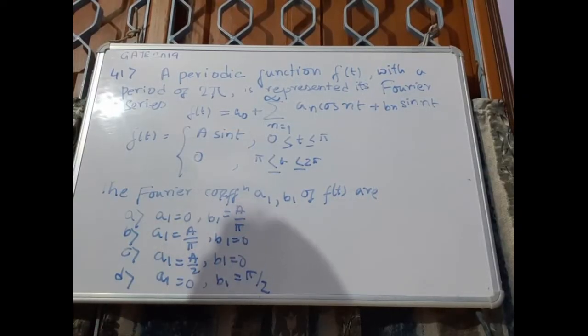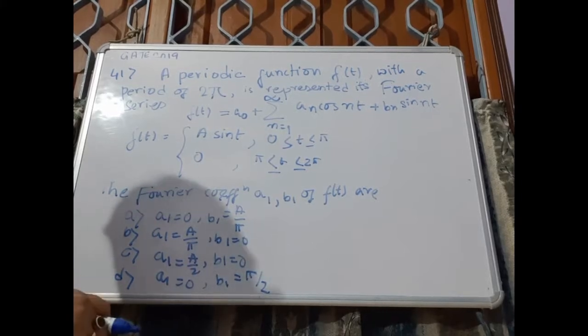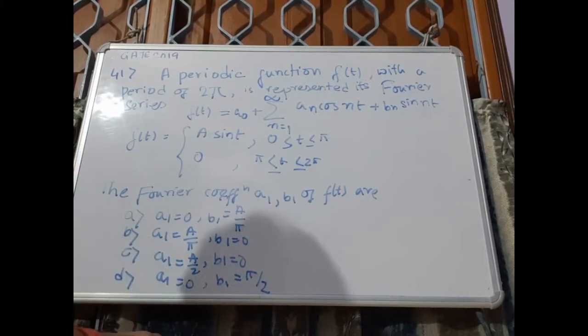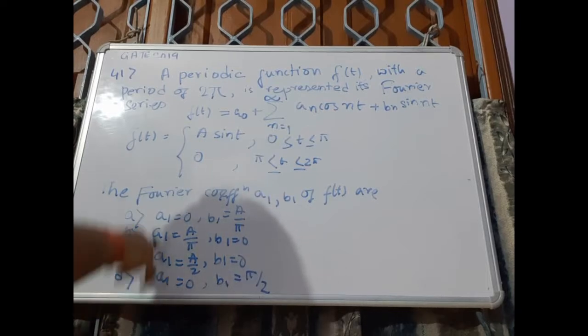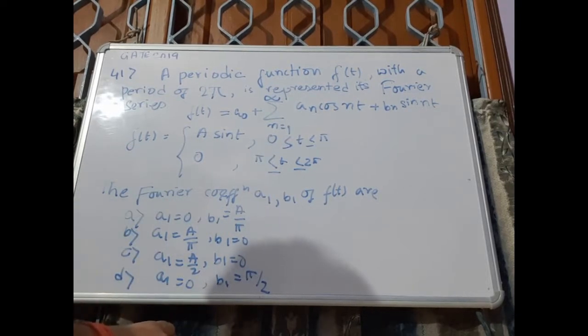Okay, and this is problem number 41 for GATE 2019. A periodic function f(t) with a period of 2 pi is represented by its Fourier series, f(t) equals a naught plus the sum from n equals 1 to infinity of an cos nt plus bn sin nt, and f is represented by a sin t, where t is from 0 to pi, and it equals 0 for pi